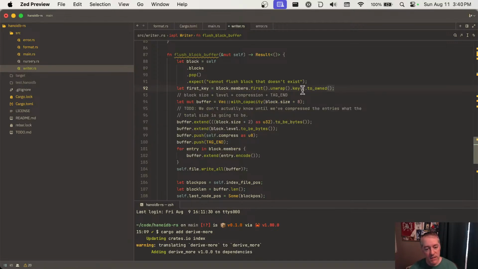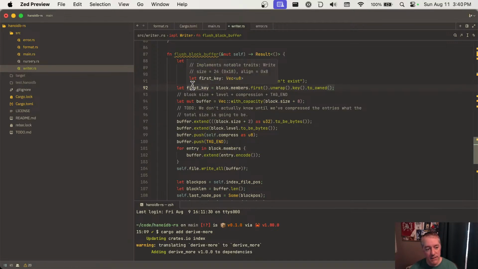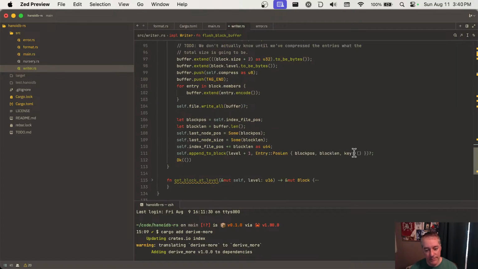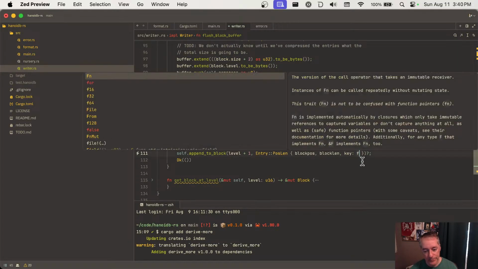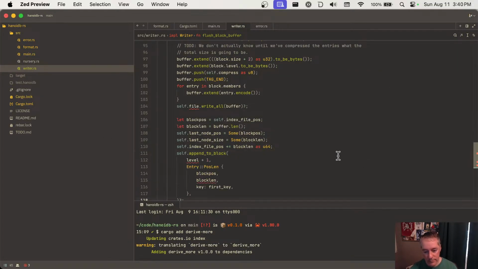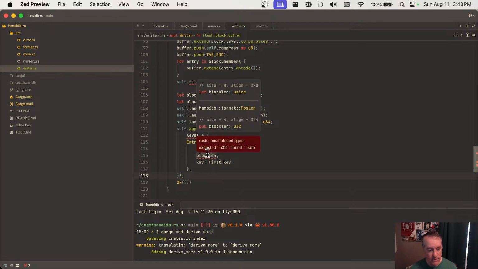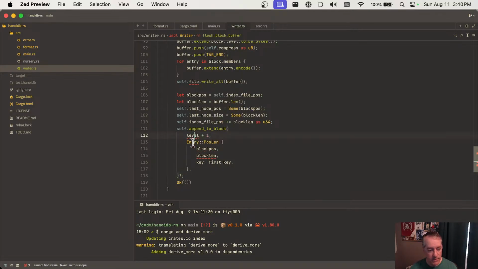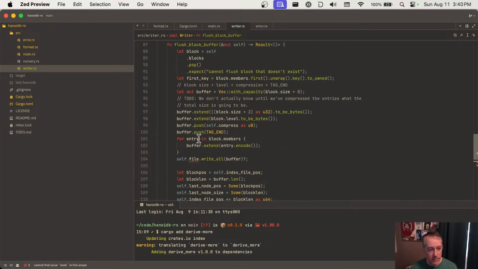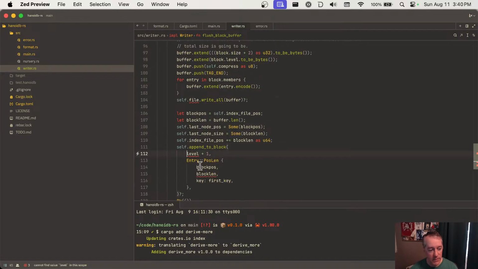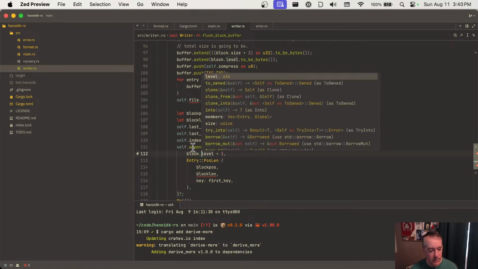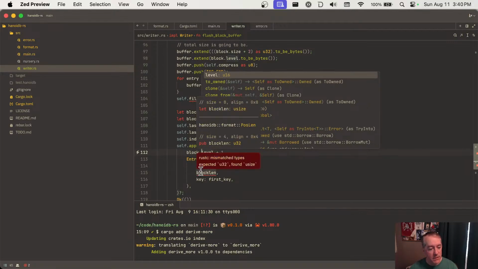It's a long way of saying give me that as a Vec<u8>. Okay, so block.level. Okay, so